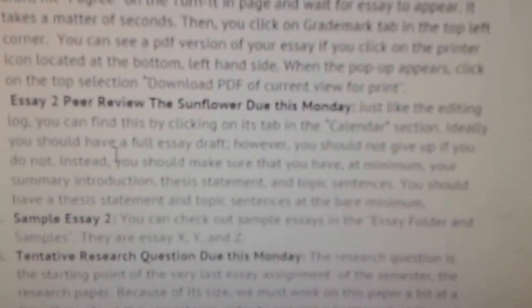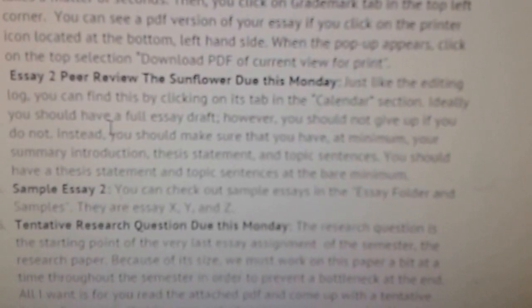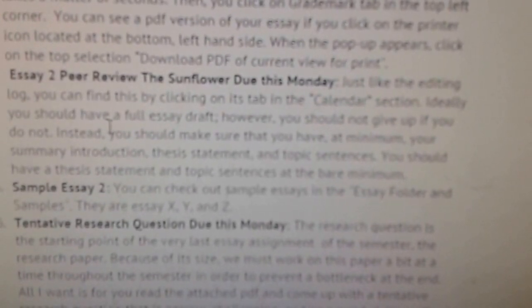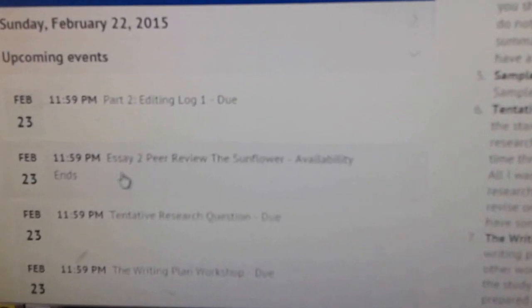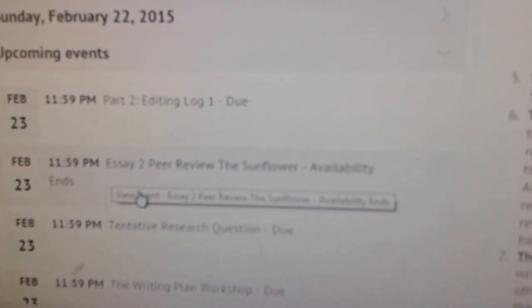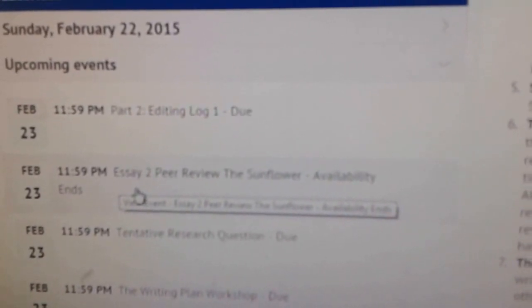So let's say you have a busy work schedule. Let's say you work multiple places, or you have obligations. I'm aware of that, okay? I know how that goes. And so I don't want you to look at this and think, oh my goodness, I have to drop the class. That's not what you have to do. At minimum, what you want to do is